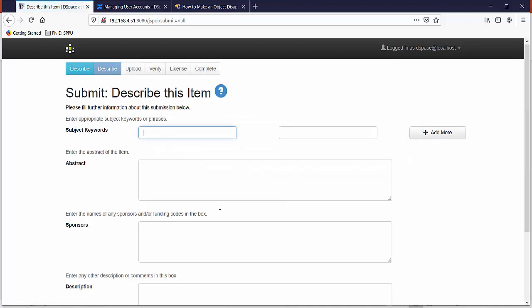Now we need to assign subject keywords to search this item. Let's enter them.